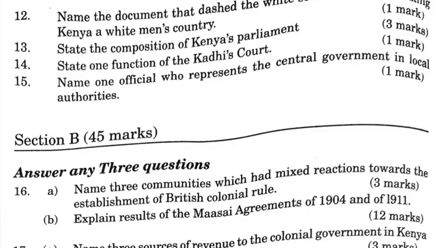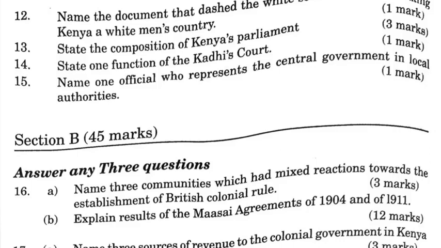4. The British went on to use the Maasai as mercenaries in their wars against resisting communities, for example the Nandi. 5. The Maasai faced restrictions in their economic activities and could not graze their livestock over expansive territories as before. They were also forced to reduce their cattle. 6. The Maasai lost much of their land to the colonial government and settlers. They were restricted to reserves, for example, the Ngong Reserve.